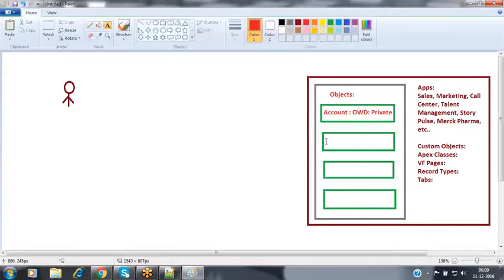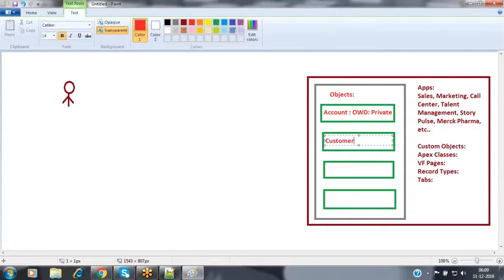Then this is my custom object, customer. For this object, I have assigned the OWD as public read only.